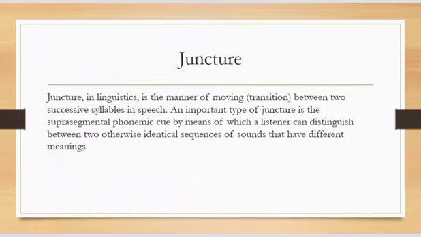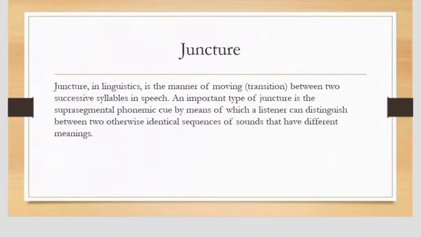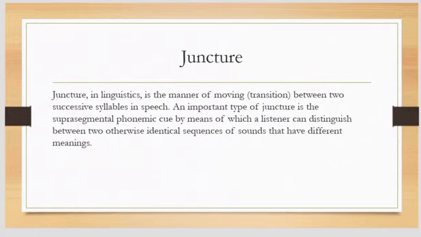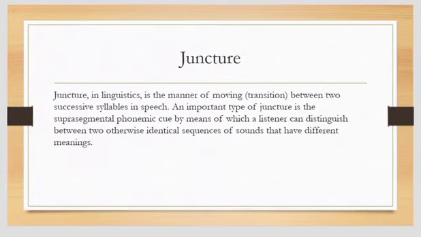Juncture in linguistics is the manner of moving transition between two successive syllables in speech. The distinction that is heard in speech between night rate and nitrate is not in the sound of phonemes or their allophones, nor in the stress pattern, but in the transition between the syllables of each pair. But in some pronunciation, a pause heard between, say, night and rate will enable the listener to distinguish the sounds made by the utterances of those two words from the sounds made by the utterance of nitrate. Some linguists would make this pause into a phoneme since it's